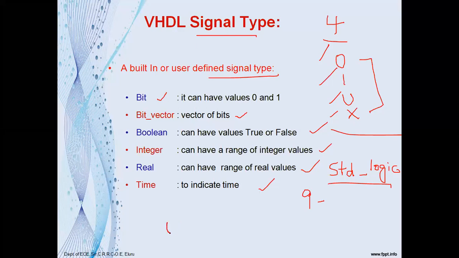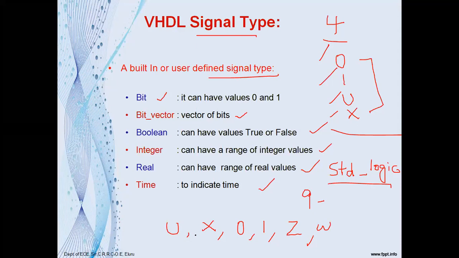So the 9 signal types are U, uninitialized value; X, forcing unknown value; 0, forcing 0; 1, forcing 1; and Z, high impedance; and W, weak